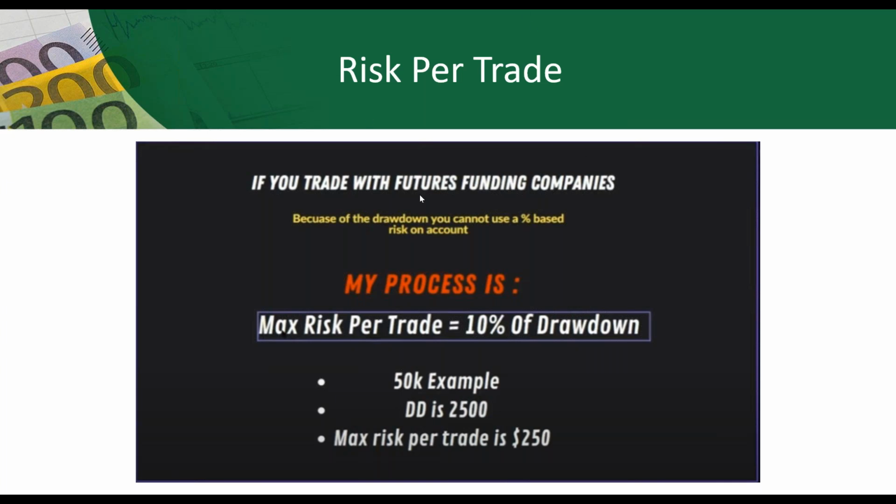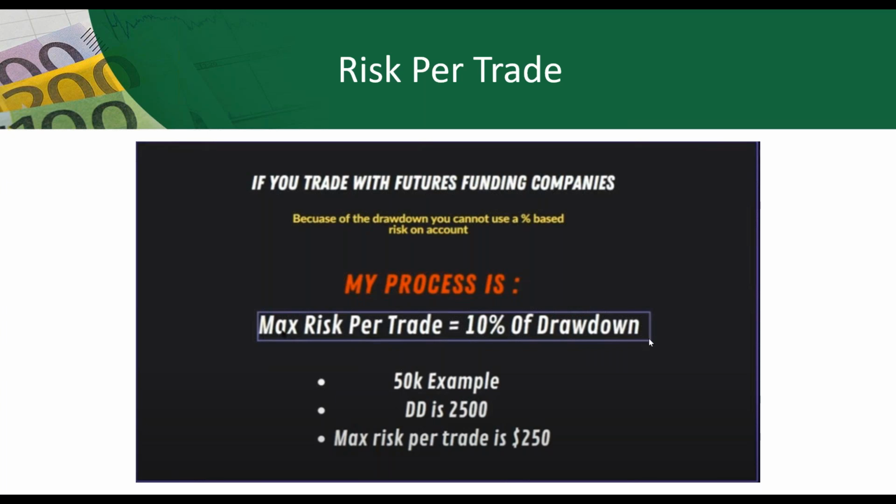So this is my trade process. Remember, you sign up for a 50K account with your prop firm, right? Yeah, it's nice, sounds good. Oh, I just got another 50K account. You're not trading a 50K account. Forget about that. Put that out of your mind. Your drawdown is 2,500. You're trading a $2,500 account.